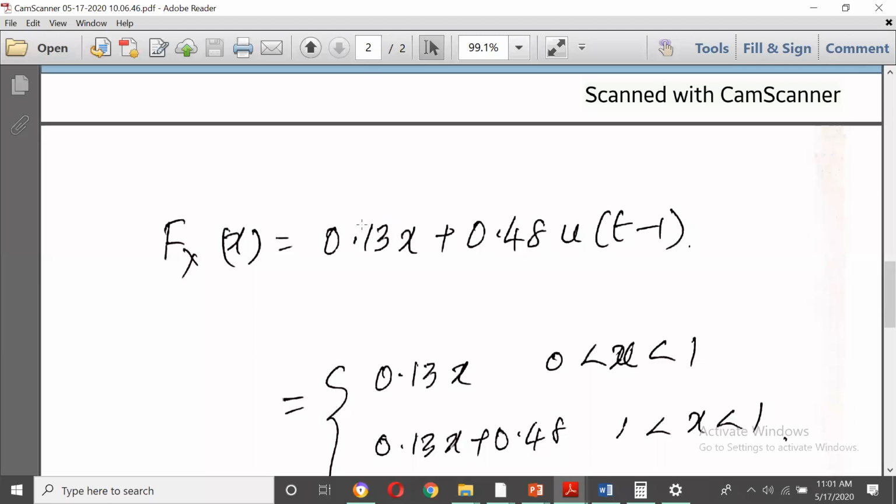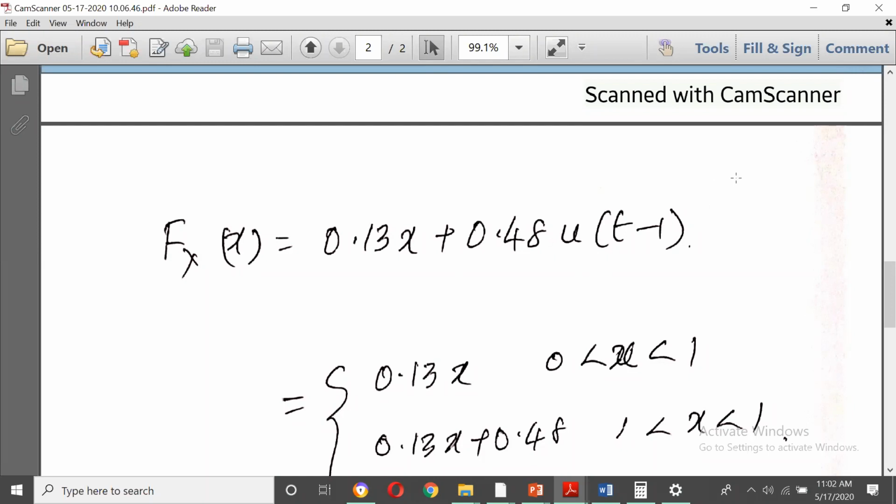This is 0.13x. This is 0.48 u of x minus 1. In place of del, we need to write u. So you can try to write it in this way only, or you can try to write 0.48 u of x minus 1